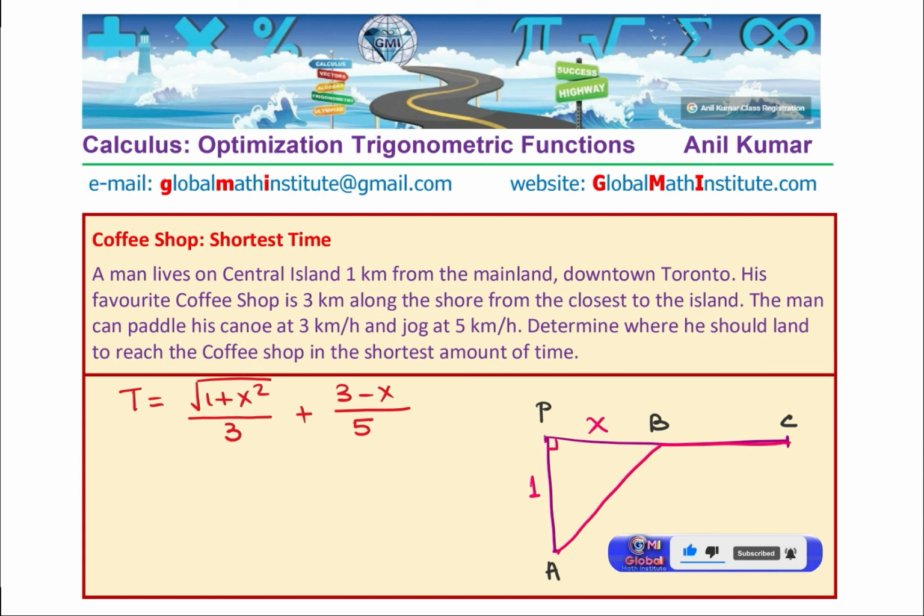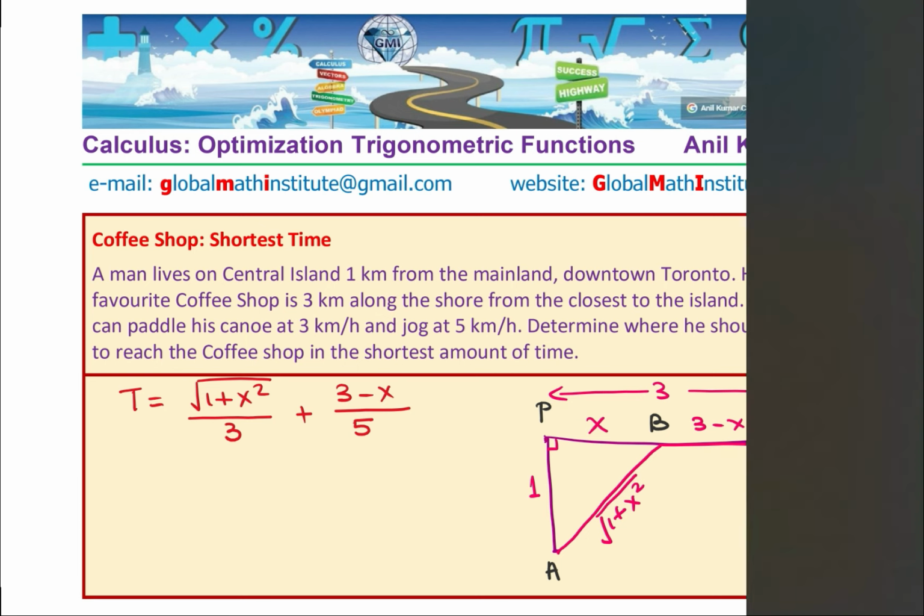This is 1 kilometer, and the total distance P to C is 3. So that distance is 3 minus x. Absolutely clear, right? That is how we get our formula. And this is square root of 1 plus x square. Clear? Right. So the derivative